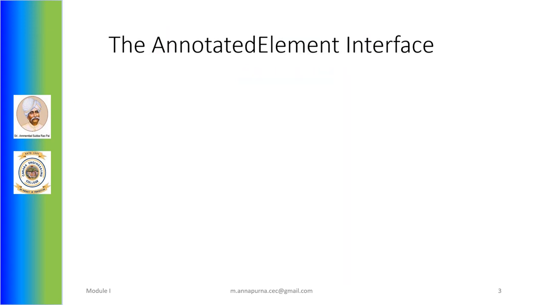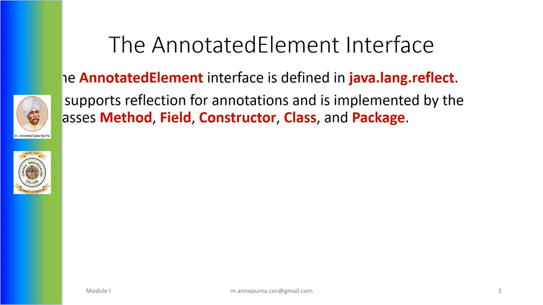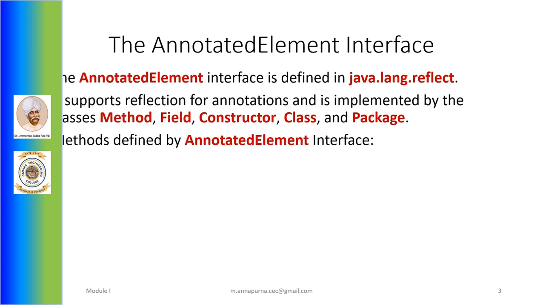The annotated element interface. The annotated element interface supports reflection for annotation and is implemented by the classes Method, Field, Constructor, Class, and Package, among others. The annotated element interface is defined in the java.lang.reflect package, and in turn, this annotated element interface defines several other methods like getAnnotation, getAnnotations,